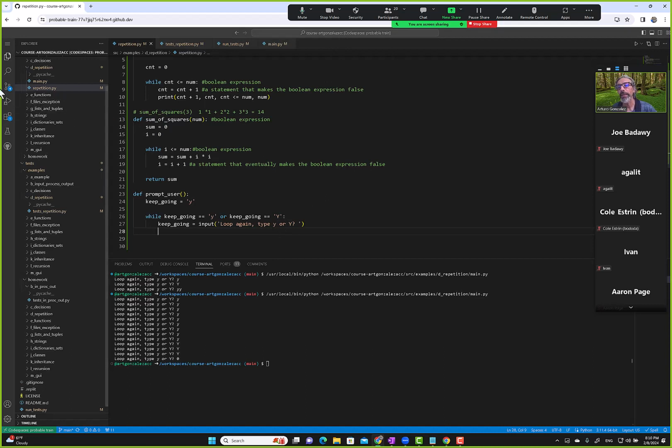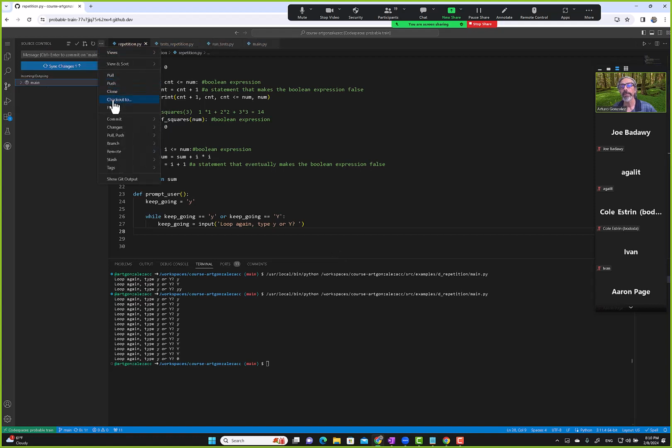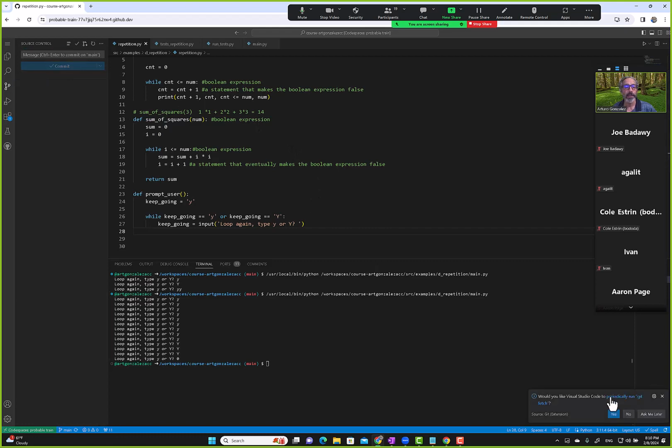Okay, let me make this as one commit for while loop examples. Commit, and we commit it. Send it onto my repository, and then I can